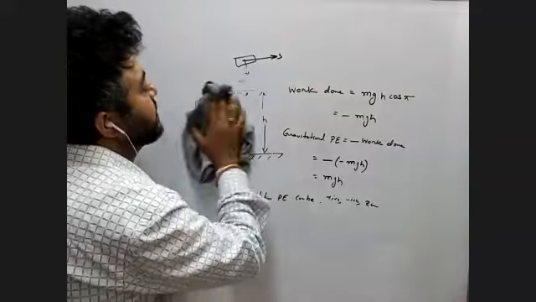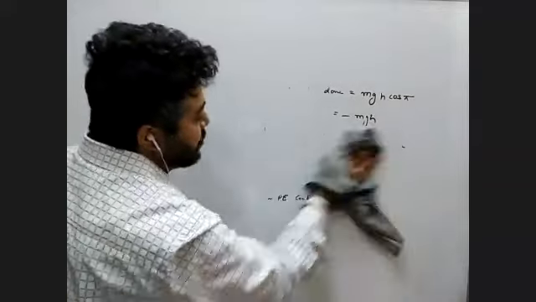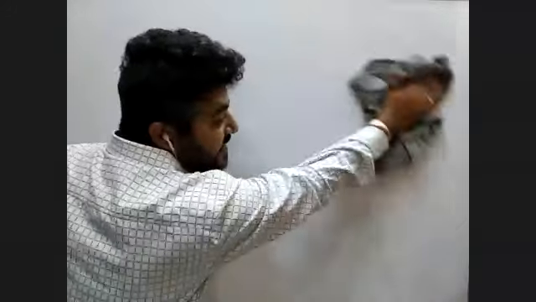Now you know the total, you know the kinetic energy, you know the potential energy. Now you know the kinetic energy, you know the gravitational potential energy. So we can now derive something which is very important in terms of derivation, that is called the conservation of mechanical energy in a freely falling body.